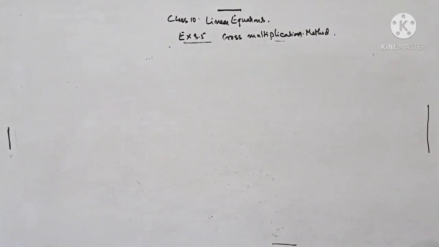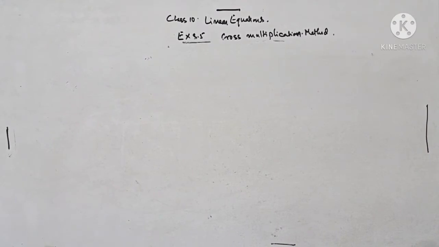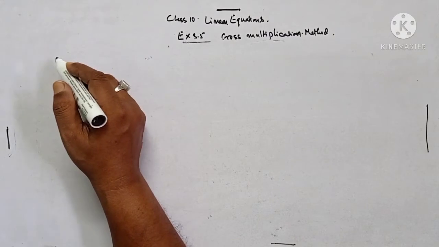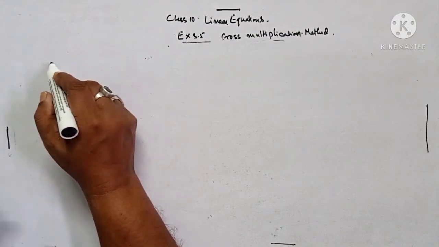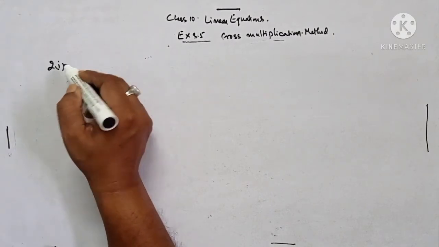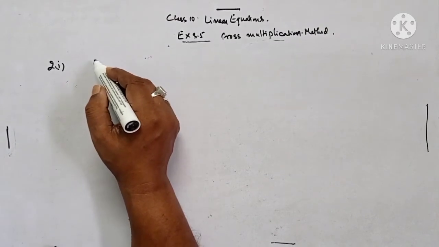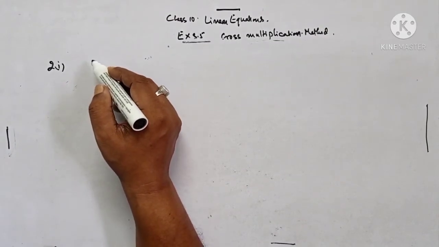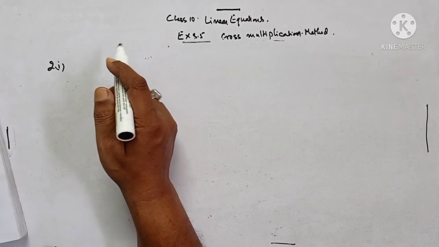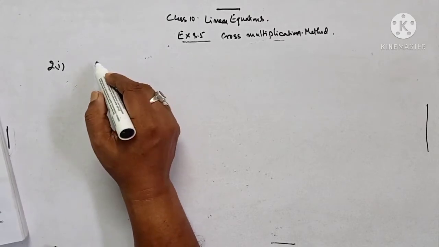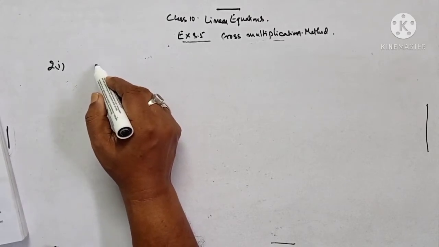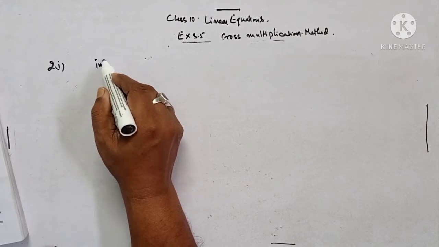Question number 2, that is question number 2 first. For which values of a, b does the following pair of linear equations have infinitely many solutions? For infinitely many solutions,